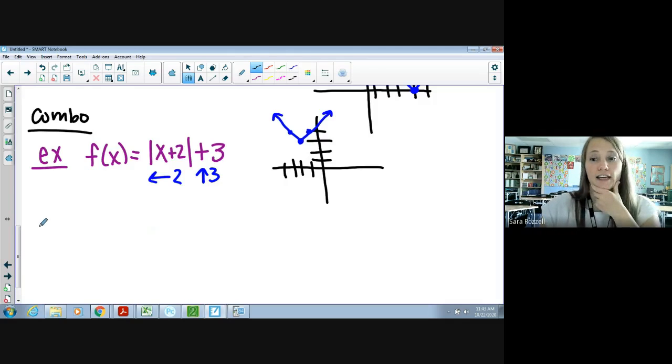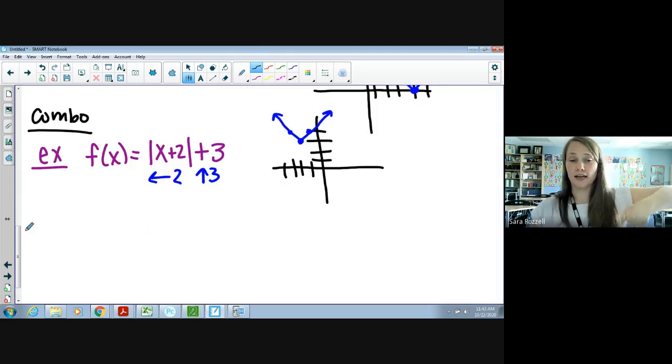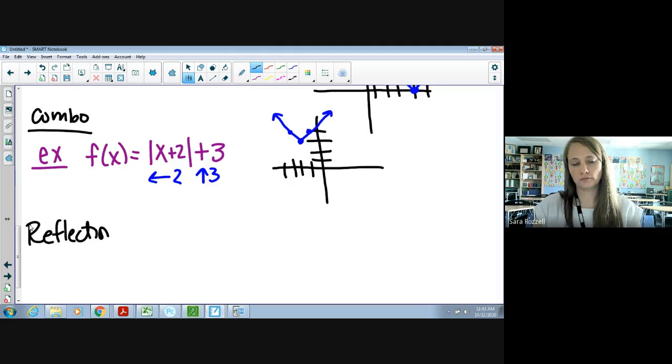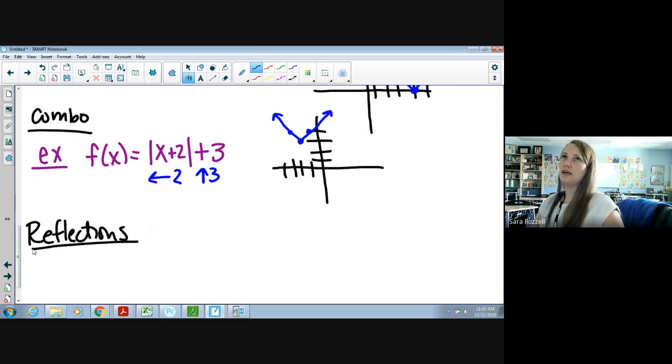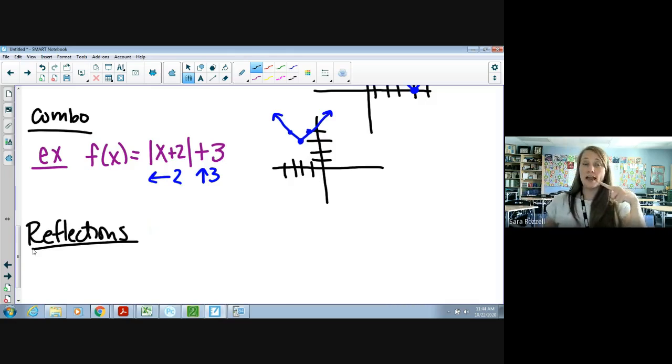Now we'll talk about reflections. So sometimes they can be flipped upside down. What do you think is going to be in the equation if we want something to be flipped upside down? What do you think we're going to have? Yeah, some negatives, and it just depends on where the negative is, will tell us which axis it flips it